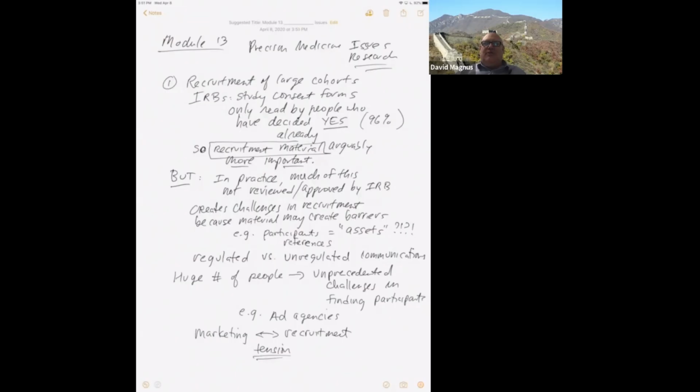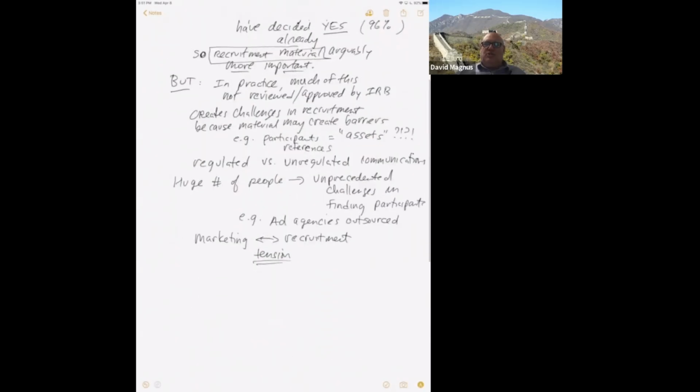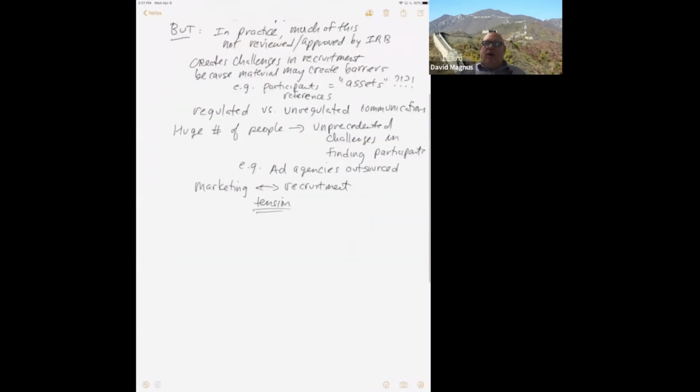Let's be honest, if the tech industry and A/B testing, which is really a form of social science research, if people in the tech industry for all their A/B testing had to go through IRB approval for all their messaging, we'd all be playing Pong right now. So I can understand concerns about this slowing things down in some ways. But at the same time, we have to worry about people being misled in this realm or harmed in a way that we don't in other kinds of realms.